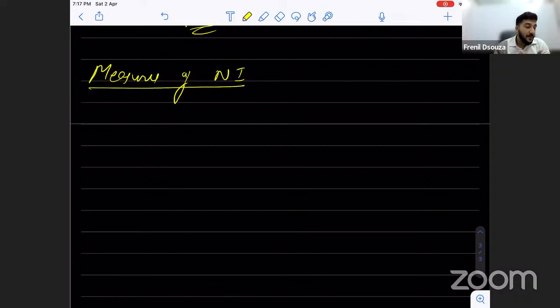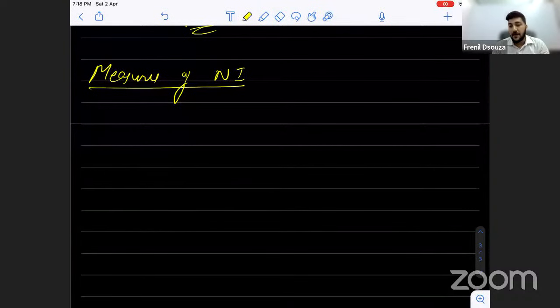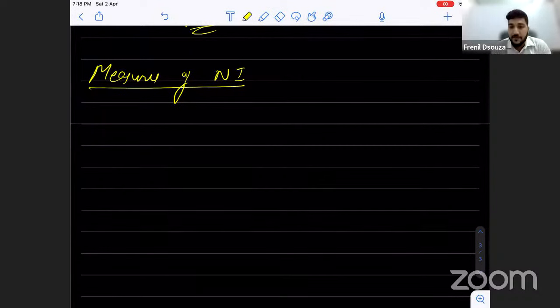What do you mean by method? Method is the way of doing something. Measure is a way of expressing something, right? For example, if you want to calculate the amount of, let us say, liquid, there are different ways you can do it, right? You can probably use a machine, or you can probably use a mug, or you can probably use a lot of different methods to calculate the quantity of liquid, right?